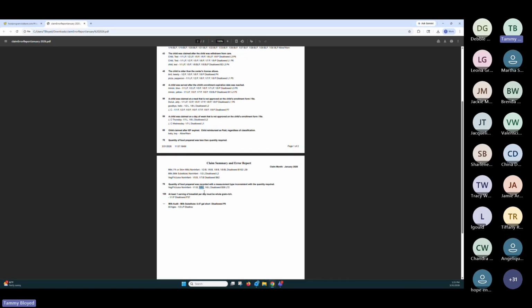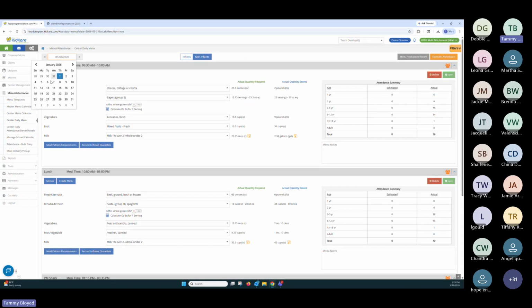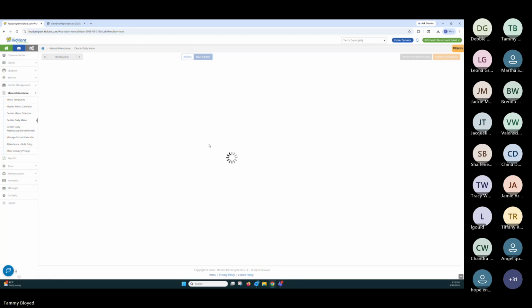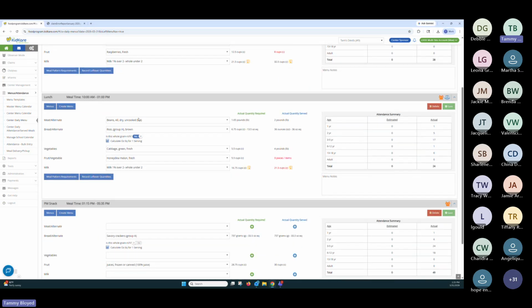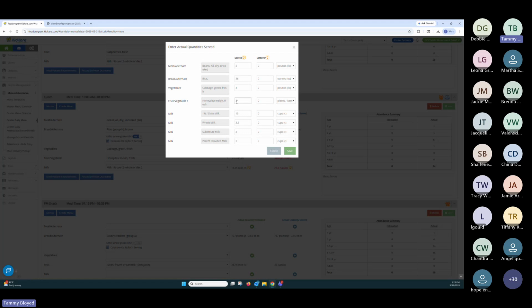Okay, it also says on the 5th for lunch. So we will hop over to January 5th. And I see a problem with, we'll come back to that. January 5th for lunch. It's the same thing. We have 5 cups. It's looking for 5 cups of honeydew. We recorded that we served 3 honeydews. So 3 pieces of honeydew is actually equal to 12 pounds. And I think we can record it that way.